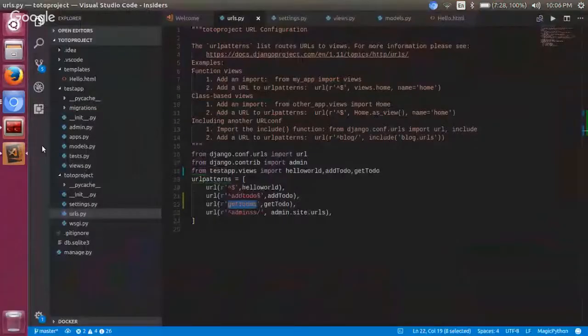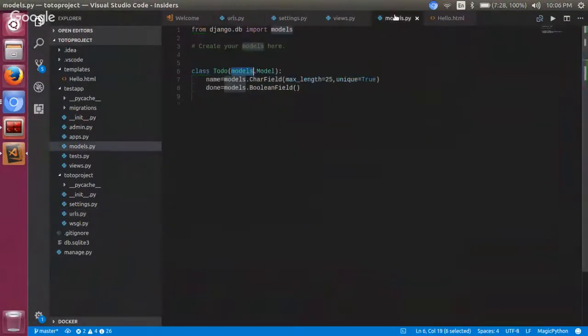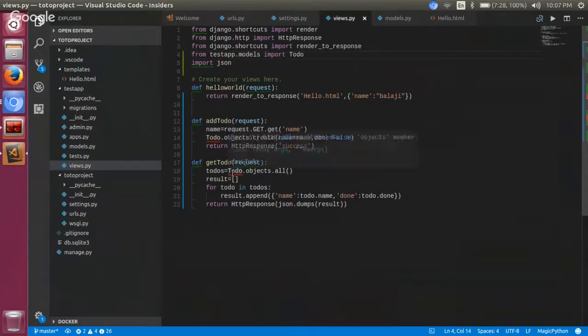Generally, how it works is when you have something in the models, you define the schema for it. All right, so what we have done is we wrote a method for add to dos and